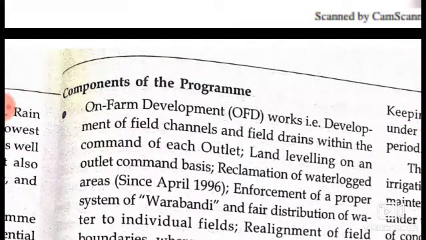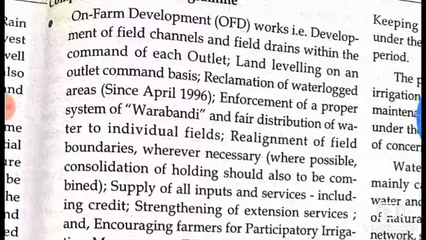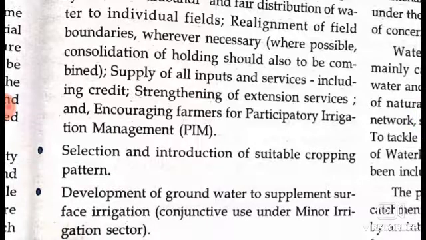Components of the program: the on-farm development works, that is, development of field channels and field drains within the command of each outlet; land leveling on an outlet command basis; reclamation of waterlogged areas since April 1996; development of a proper system of Warabandi and fair distribution of water to individual fields; realignment of field boundaries wherever necessary; where possible, consolidation of holdings within the command; supply of all inputs and services, including credit; strengthening of extension services; and encouraging farmers for participatory irrigation management;